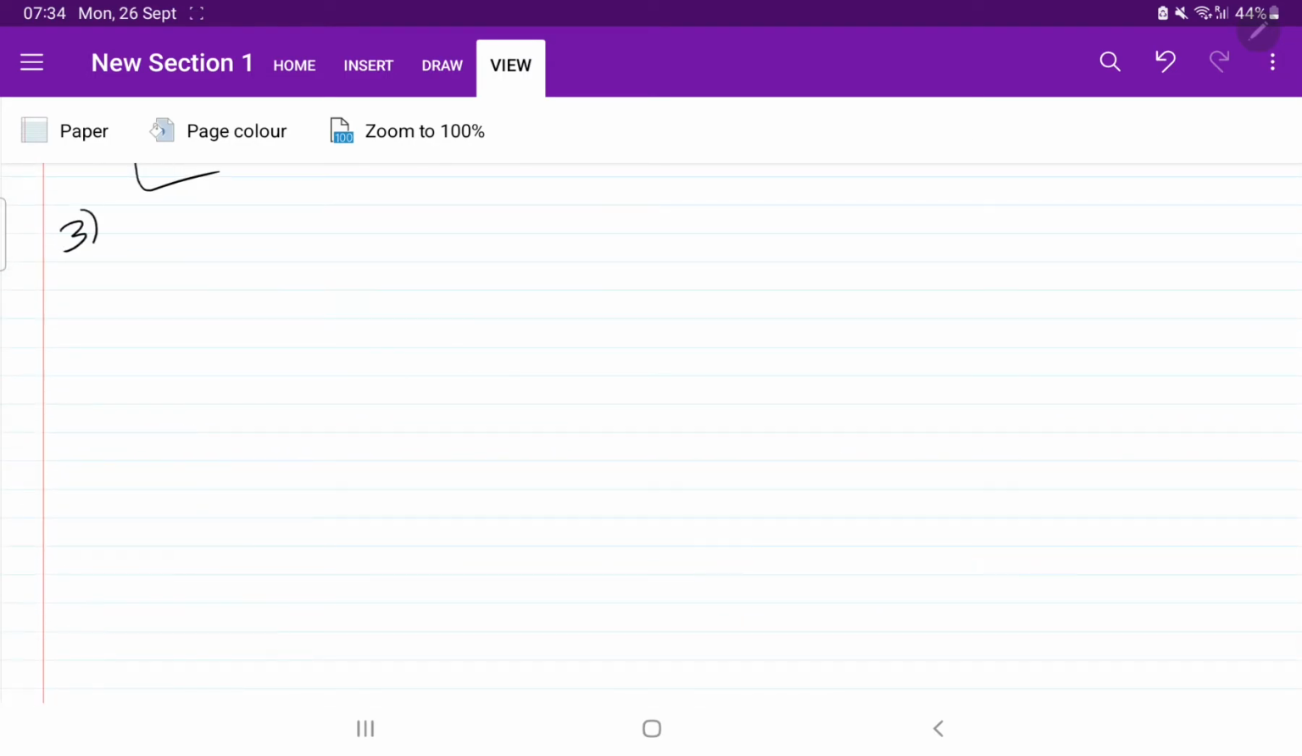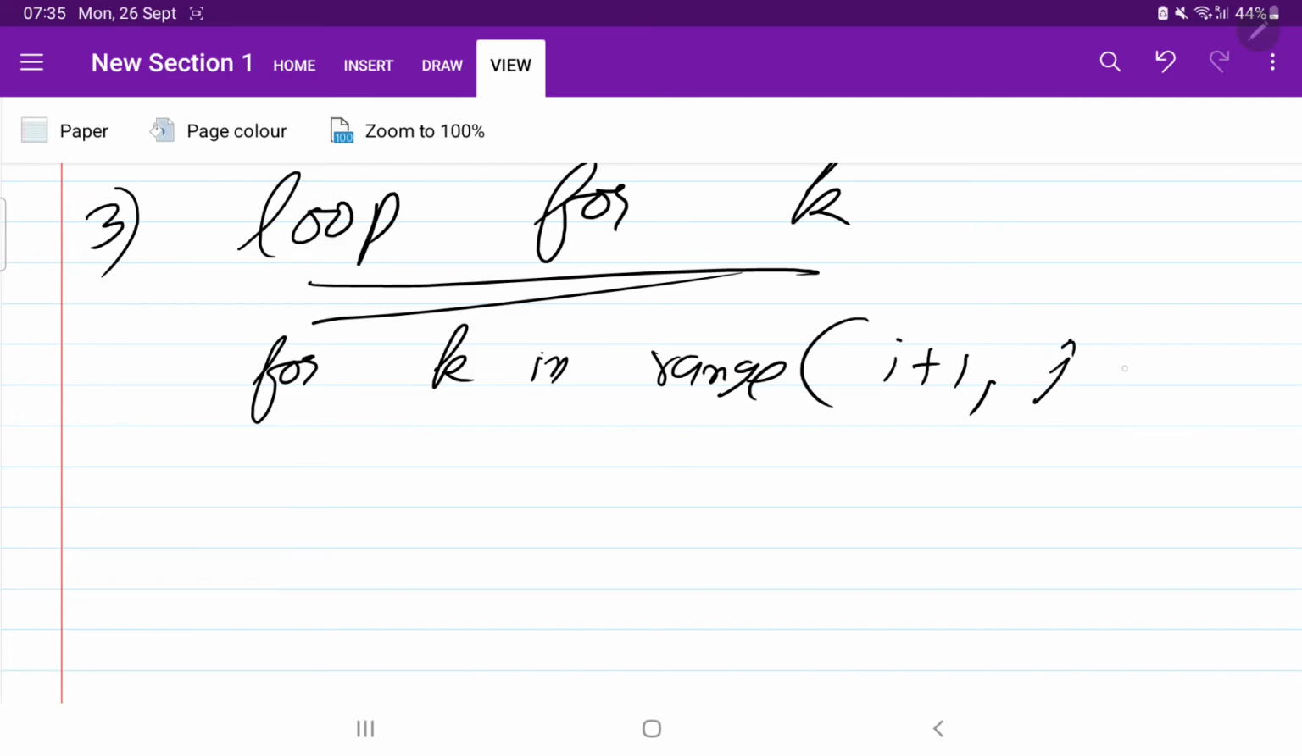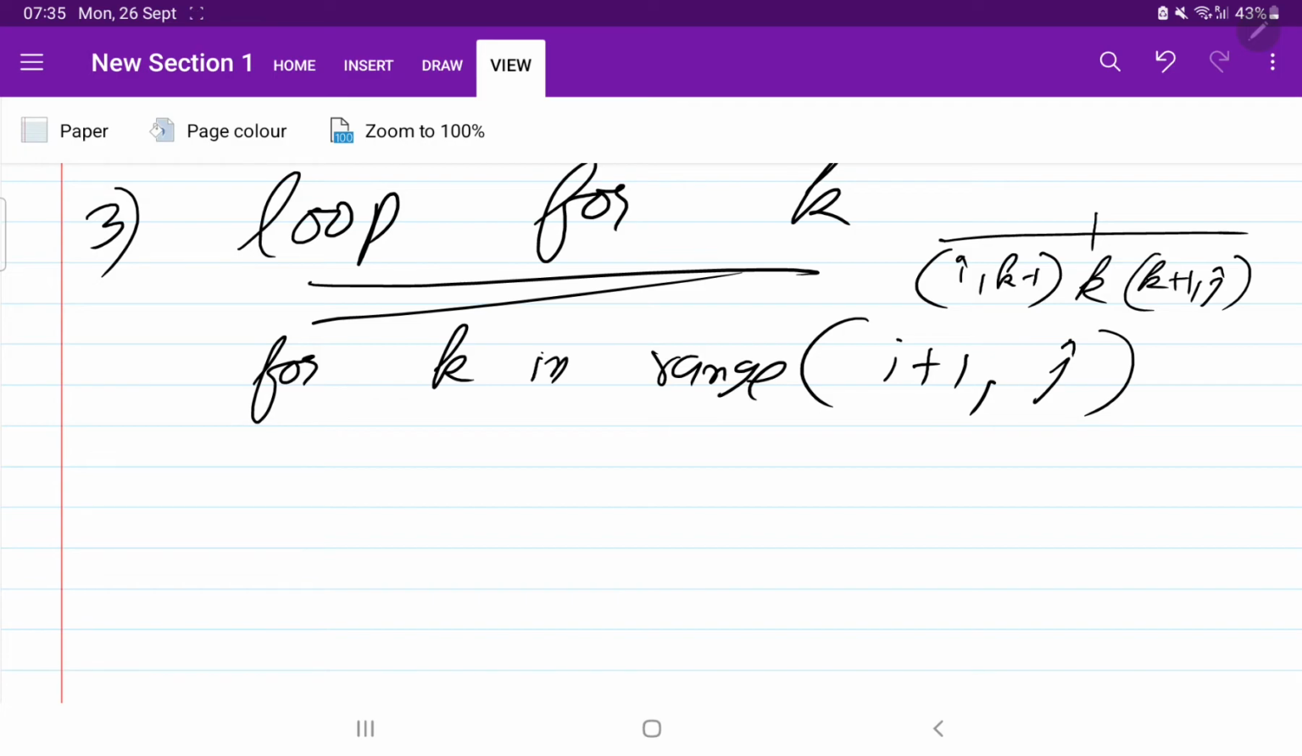Now the third step is loop for the k. I already explained how we are going to move. So for k in range, it is going to start from i plus 1 and then move till j. I told you, suppose this is k, so the first loop is from here, then the second loop is from here, so i to k minus 1, and then from k plus 1 to j. This is the way the loop is going to become. So the k value will vary from